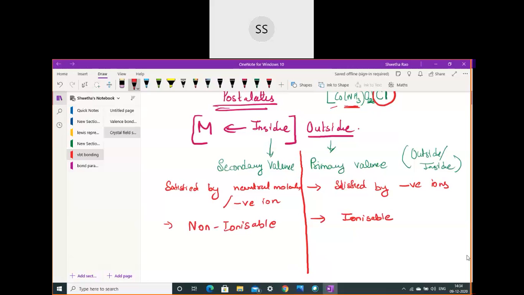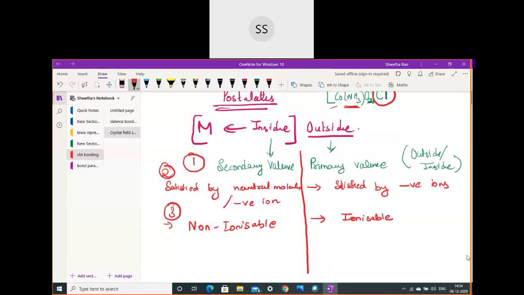And the ones which are present inside, students, these are not getting ionized, so they were not showing us any test. If you take the inside complex and want to test for ammonia, they were not answering any test for ammonia, neither did they answer any other. That indicates that they are linked together and were not free enough to answer any of the tests. So that means they are non-ionizable. That is about the secondary ones.